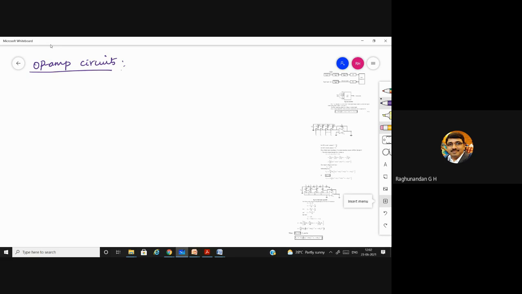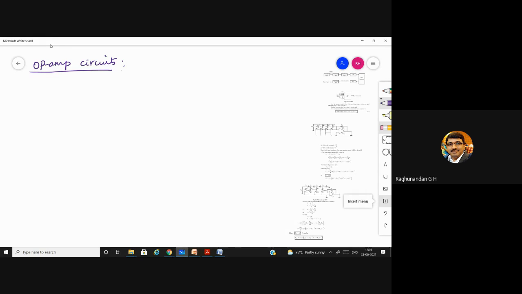There are different rectifiers, precision rectifiers, which we are going to discuss here, because regular rectifiers are going to have a drop of 0.7 or 0.3 because of the diode, but these precision rectifiers start operating even from 0.1 volt. Because of the op amp, we are able to operate the rectifier even at the lower level.